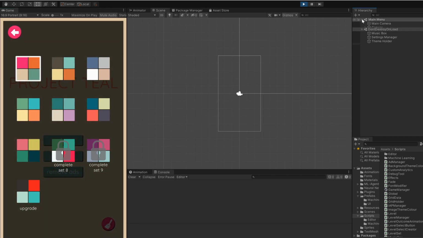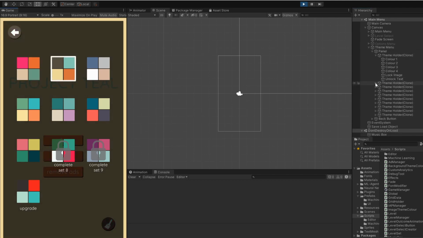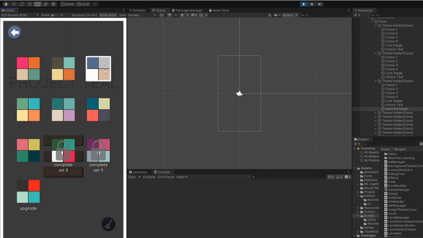The way I handle the currently selected theme is that I move an image's position that acts as the outline. This was a simple thing to do, but it took me way longer than it should have, because objects that displayed the theme were children of another object, and the relation with the outline image was different. Getting the scale right was a little tricky.